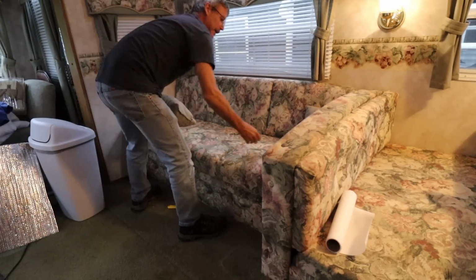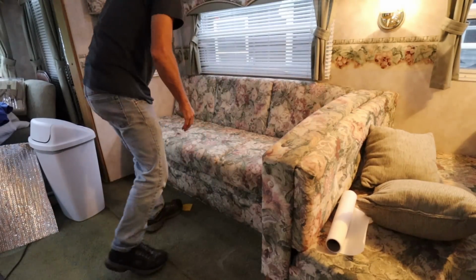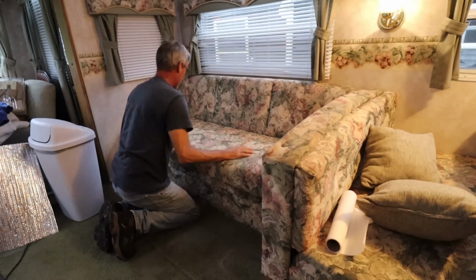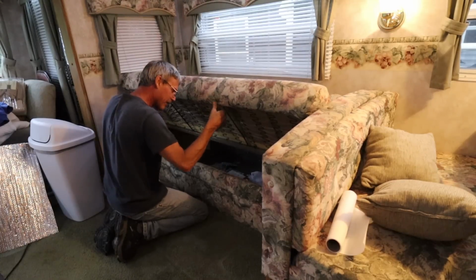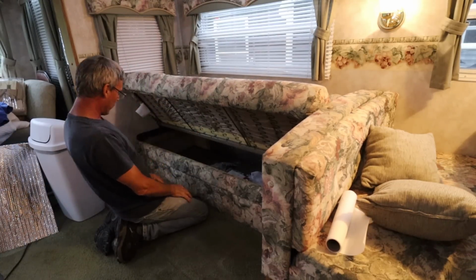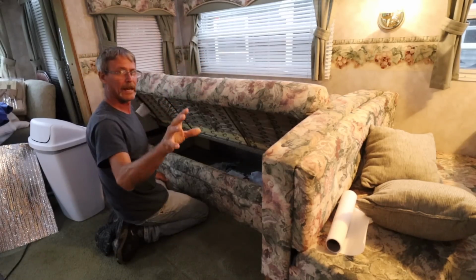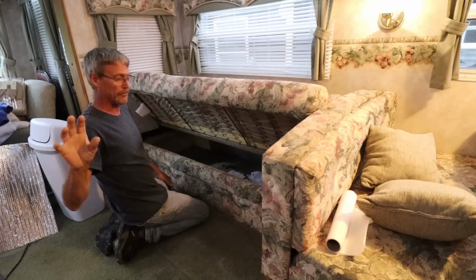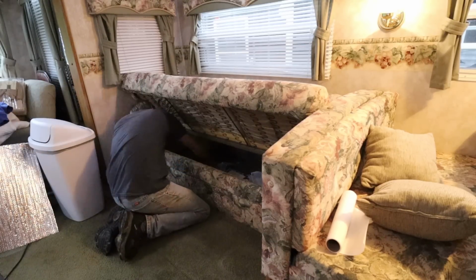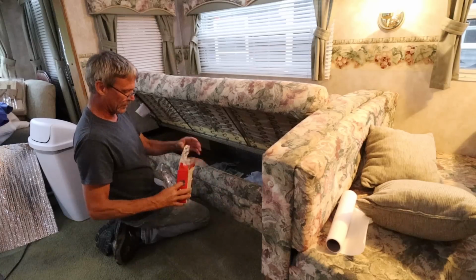I'm out here cleaning in this camper. I don't know that I'll finish it tonight, but by tomorrow I should be able to put it for sale. I started in the back bedroom, made sure all the cabinets were cleaned out and everything, moved up, got the bathroom, took a long time on the fridge to make sure that was spotless. And now I'm just going through and